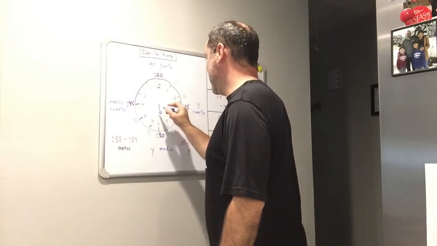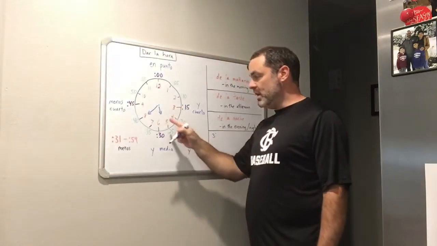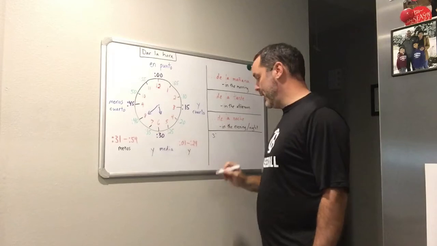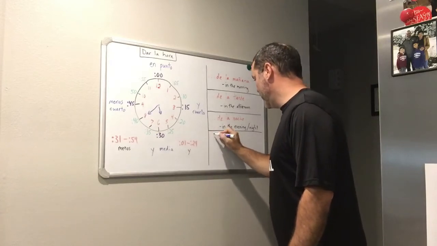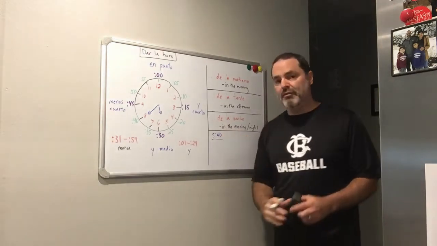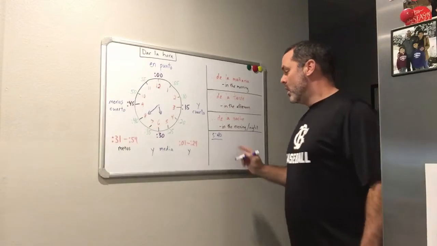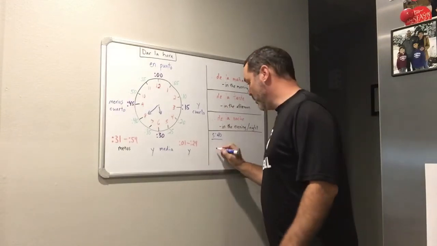Okay, and let's say it's pointing at the 8. So this means it would be 5:40. So my time would be 5:40. Okay, 5:40. Good. All right. Okay, so my complete sentence again would be